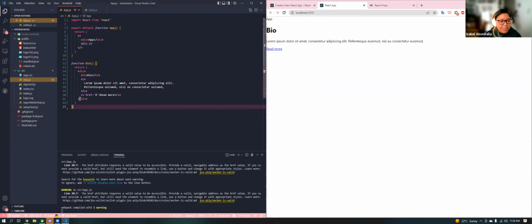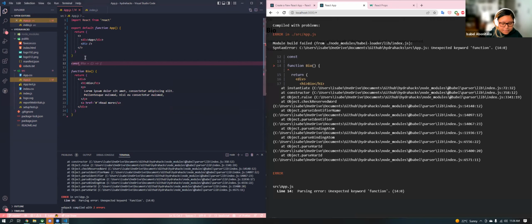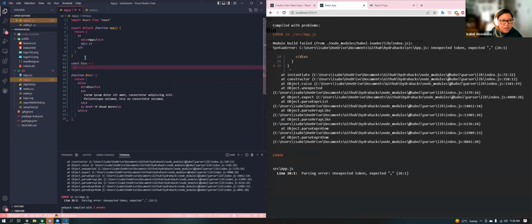So the thing that I put in this component, because I called it inside app, will show up here. It won't do anything, but that's okay. If I want to create multiple bios, multiple of this component, what I would have to do is say const bios, and then I make an array, and then each array is going to have